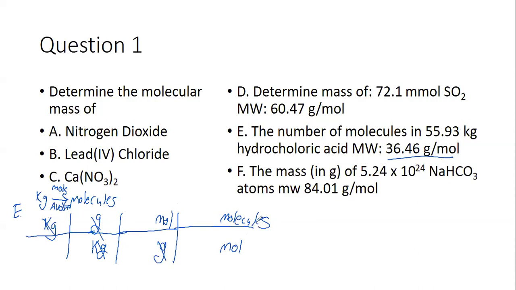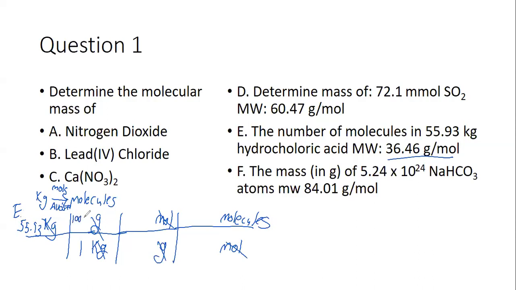I think that's really good practice, and that will actually show you if you completely understand unit conversions, if you can figure out the path without putting numbers in. But we have our path now, so let's put in the numbers. So we start with 55.93 kilograms. For every 1 kilogram,